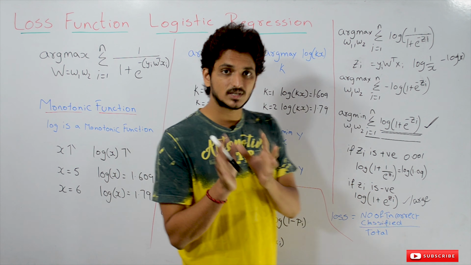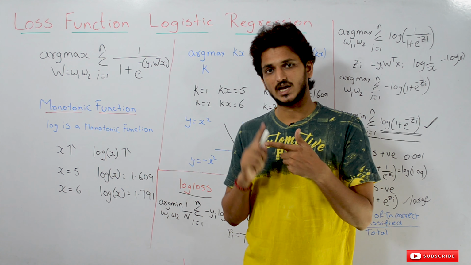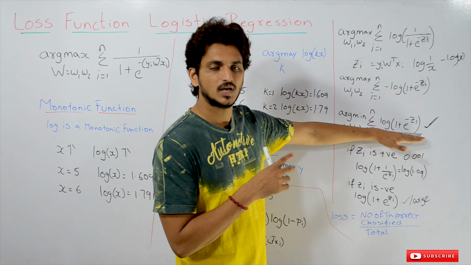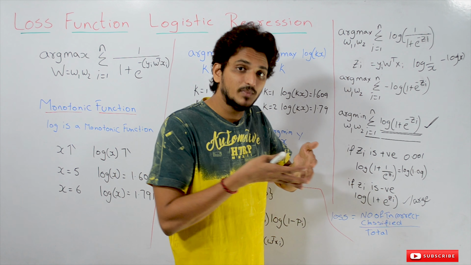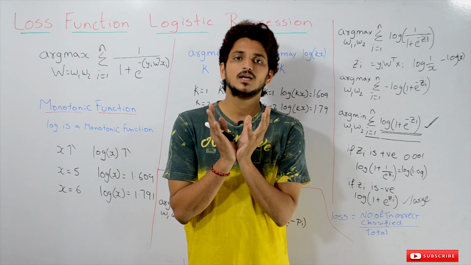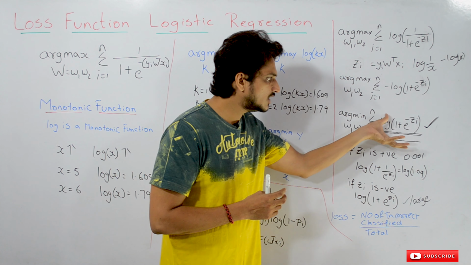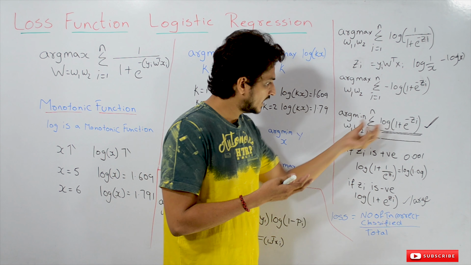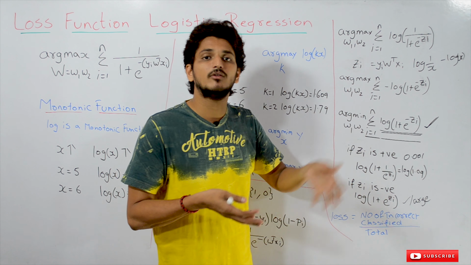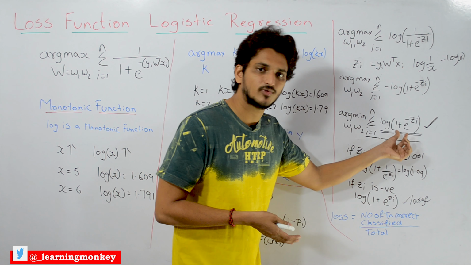In our previous class we discussed that logistic regression can be solved in two ways. One is the geometrical approach, the second one is the probabilistic approach. The loss function which we got in the geometric approach is this. This loss function value will be minimum when there are fewer incorrectly classified points. At what W1 and W2 this value is minimum? That means at what W1 and W2 we have minimum loss, a minimum number of misclassified points. That's the point we have to understand. That's why we call it a loss function.